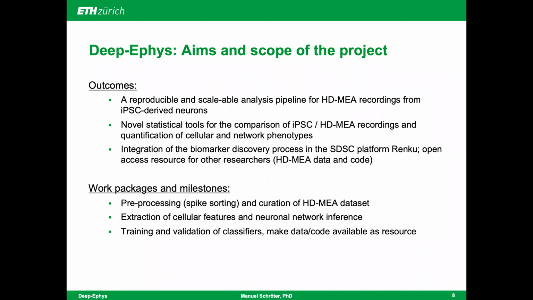The pipeline would start with pre-processing of the MEA data, a computationally very heavy process called spike sorting. Using this pipeline, we would then seek to quantify both cellular and network level features of neuronal networks in order to infer comprehensive electrophysiological phenotypes. As I will outline later, we have started to develop such a pipeline as part of our first project.